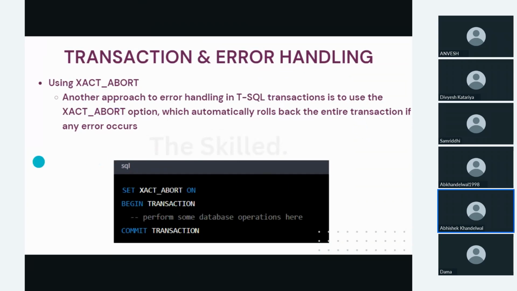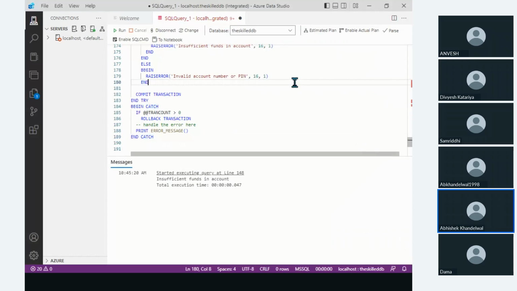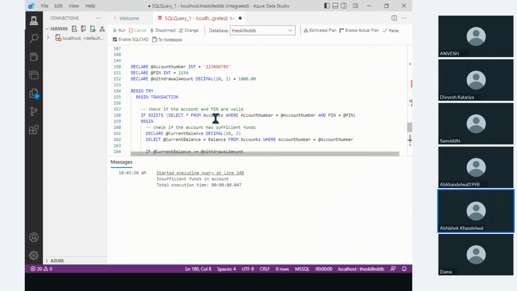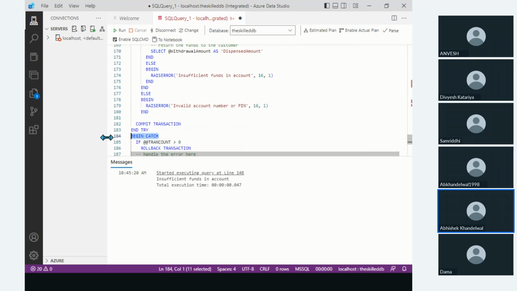I will show you how we can do the error handling in the required query. We have this begin try block and begin catch block. This try and catch block is present in almost every programming language. We have that in Python, in Java, in R, and even in SQL. So why is error handling required? If any anomaly occurs